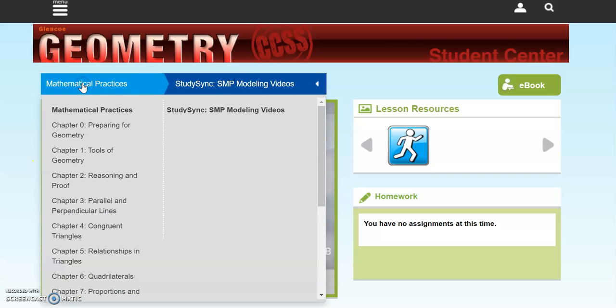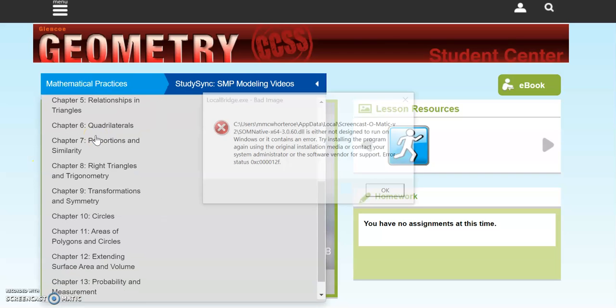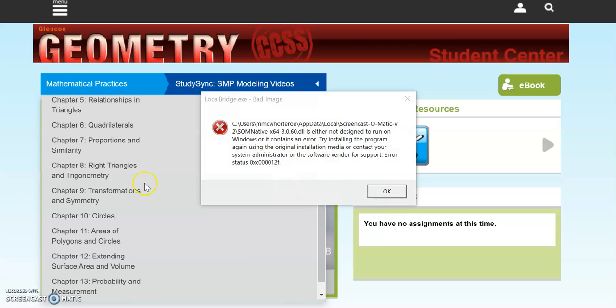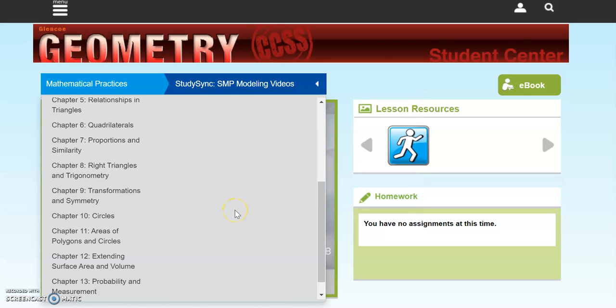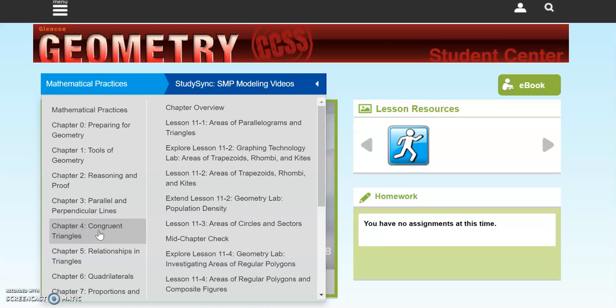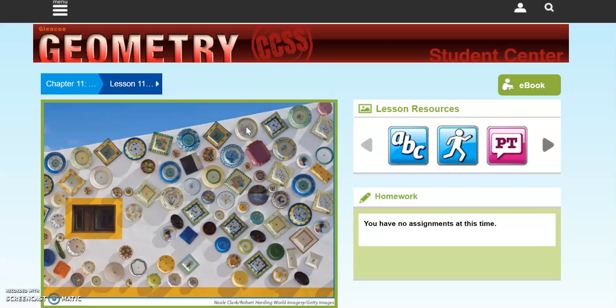If you want to go look at the online textbook, you would go in here. Sorry about that, but that message comes up. I don't know why. Right now, we just finished working on right triangles. We were looking at a little bit of area, and we were going to be talking about volume in the coming days. So if I select this, then it opens up the sections in the book,